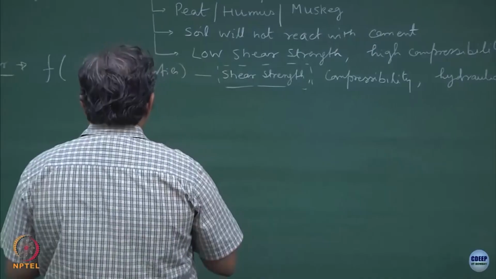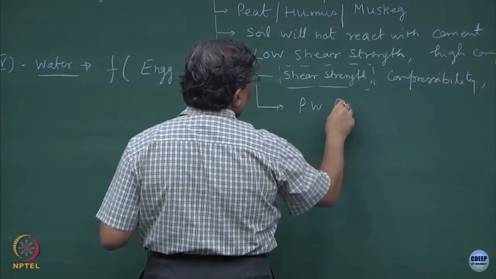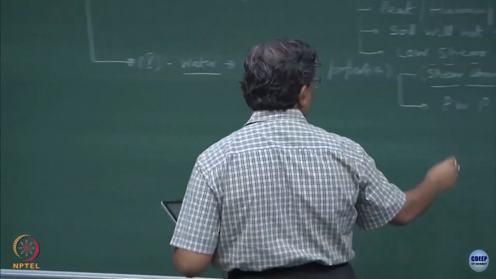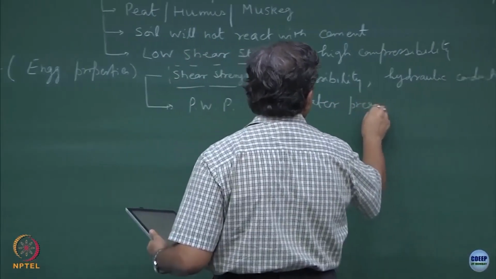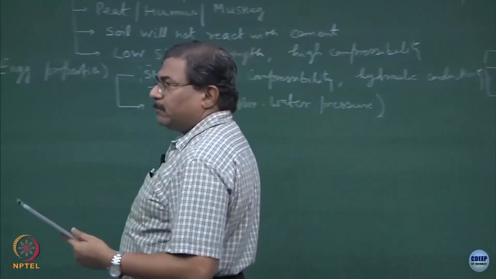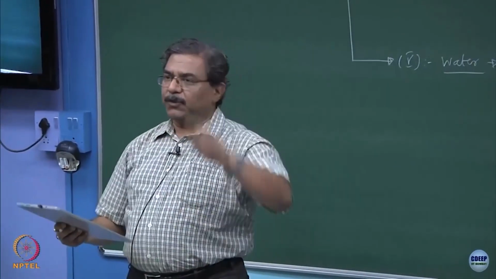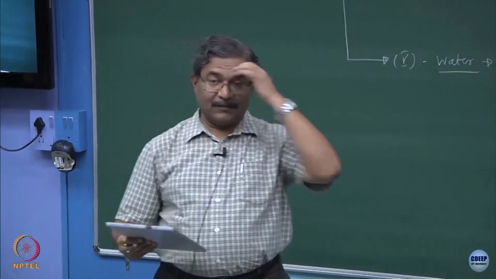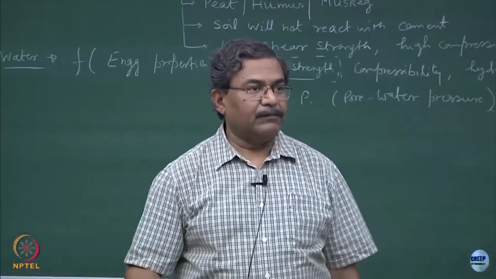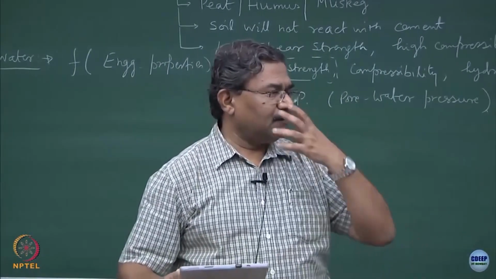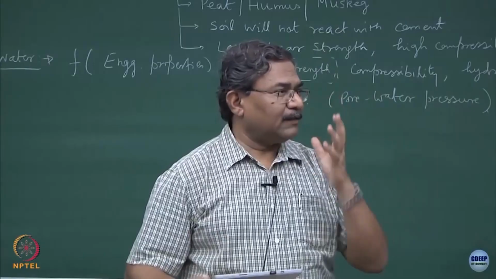Okay, so here we use another term because of the presence of water, we call this PWP, pore water pressure. Which is very equivalent to the blood pressure of the human body. So, what happens? Suppose your blood pressure shoots up, you see somebody and you feel very angry, annoyed, hyperactive. You start sweating, your blood vessels immediately throw a lot of blood on your face, and it becomes red,